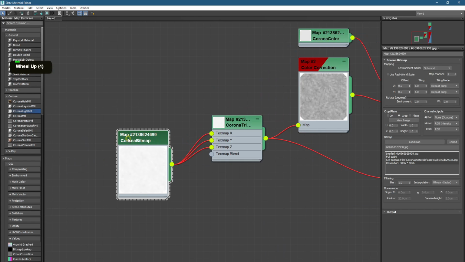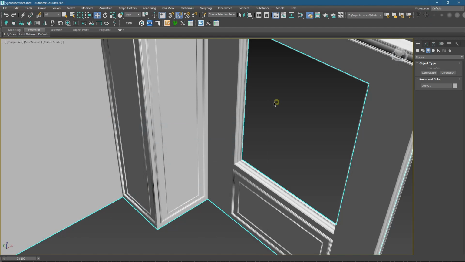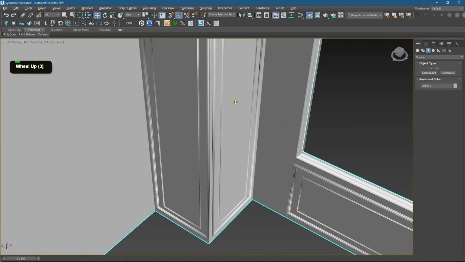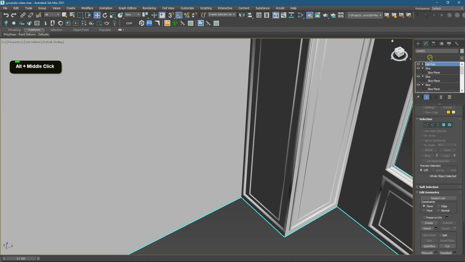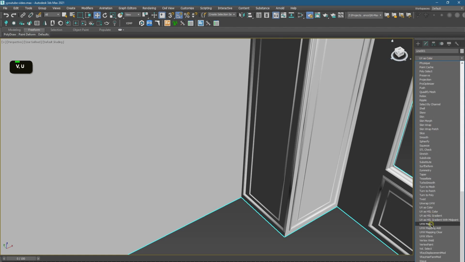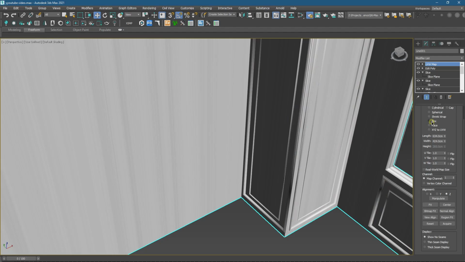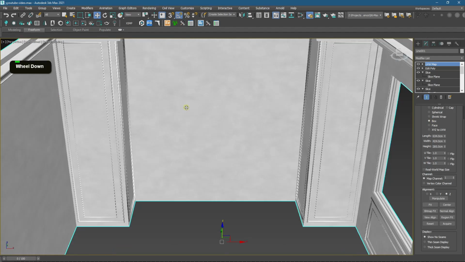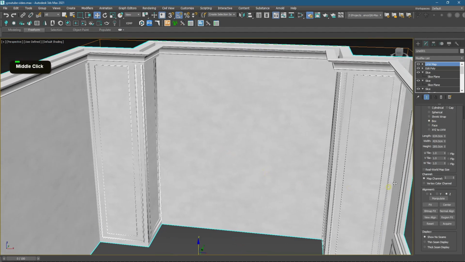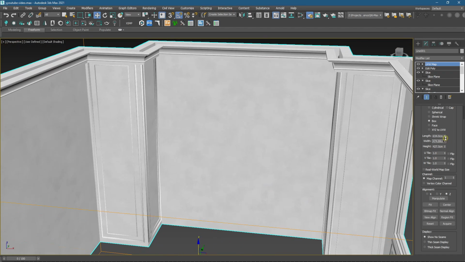So you can select it and make sure it's here, shaded material and viewport. And you can see now if I add a UVW to my wall, I can see the bitmap that I have selected. And you can see now the imperfection and all of that